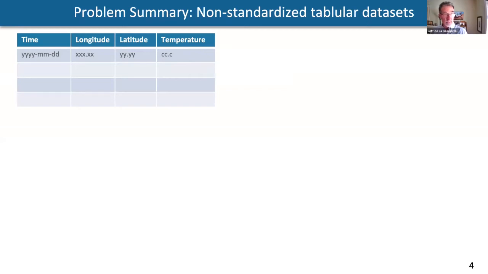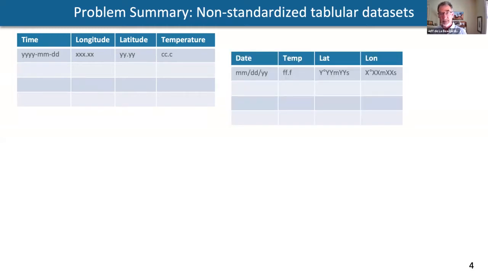So that's good. Humans can read these and do this. But then somebody else may be measuring, let's say, temperature, and it's just different enough to be incompatible, right? The date might be formatted differently, and the column names might be different. The units of measure of temperature might be different. The way they've structured the position may be different. Any number of differences can make it difficult to, say, combine data from multiple sources. So this is, in my view, unfortunate.